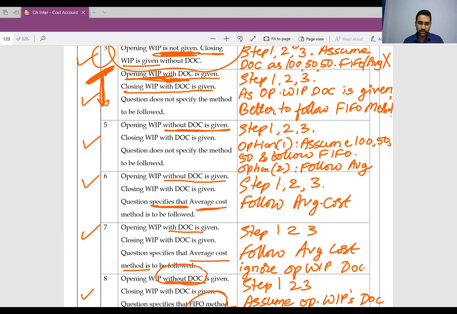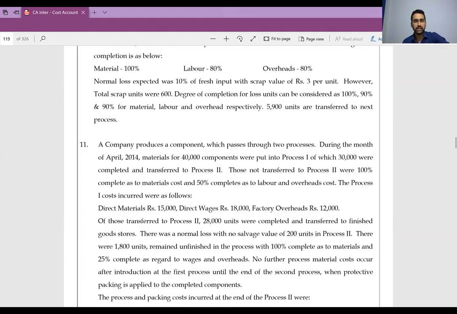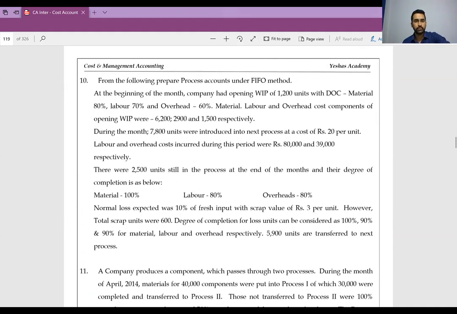For that, you have to read the question. You need that patience to read and understand and decide what should be done. What should I assume? Is there anything to be assumed, first of all? If everything is given or if there is a clue, then you don't have to assume. If some information is missing, then comes the assumption, right? So please mark this page, very important. You must revise this. Okay, let us go back.